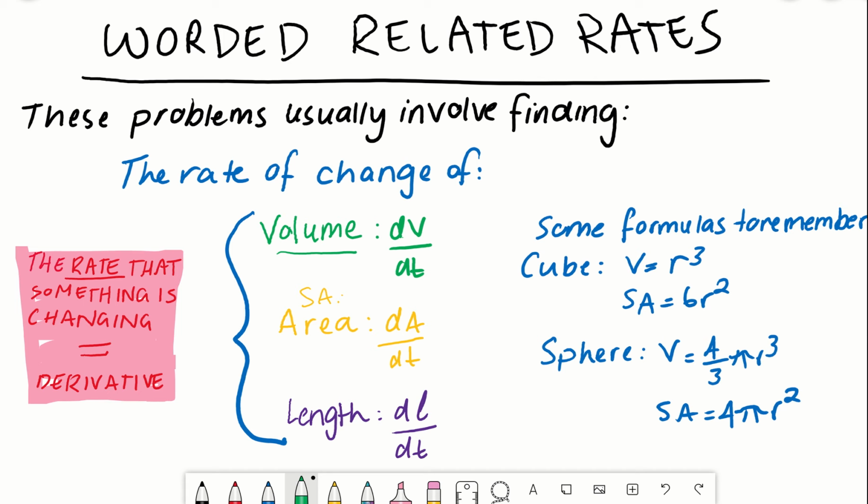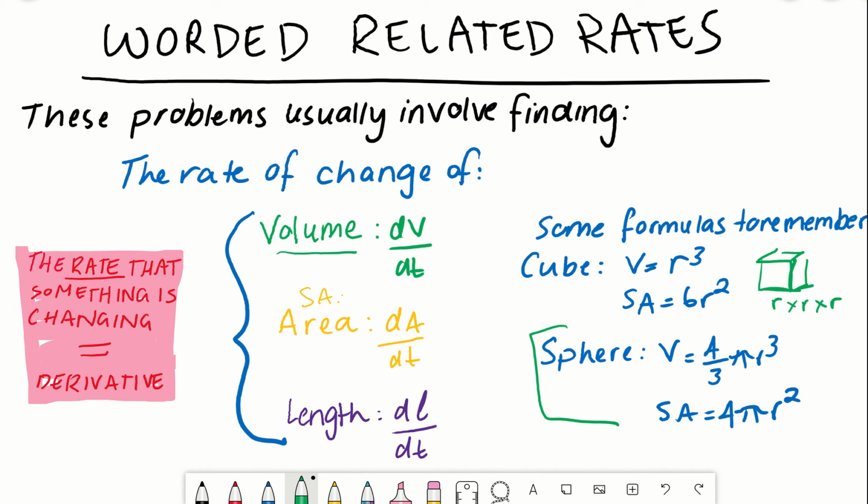Now, before we move on, just some formulas to remember. Sphere, these are just two formulas that you just have to remember off by heart. The cube, well, hopefully that is obvious to you, especially the volume one. It's r cubed because we would just do base times height times the depth, which would just be r, representing, for some reason, they've stuck with r, even though it's not the radius of a cube, but the side length being r here. So it'd be r times r times r to find the volume of that,